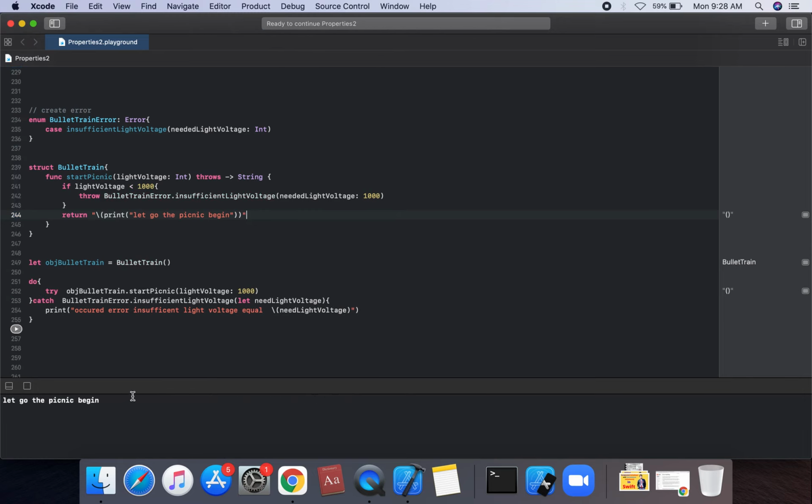Let's go the picnic begin. So let's go the picnic begin. We can run it, and suppose which has is 10, so which has is 10, so which is not allowed, is error. We can occurred error insufficient light voltage equal to 100, light voltage equal to 1000 equal to 100. So then compare this error. So thank you for watching this video.